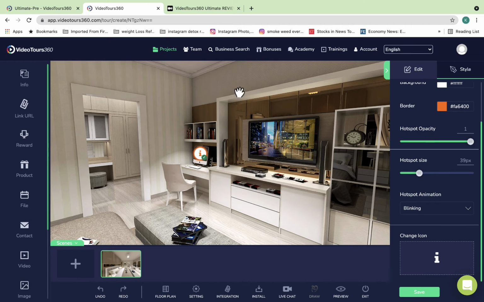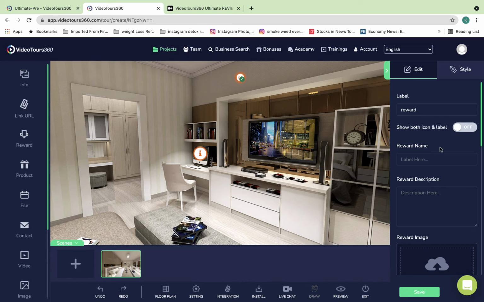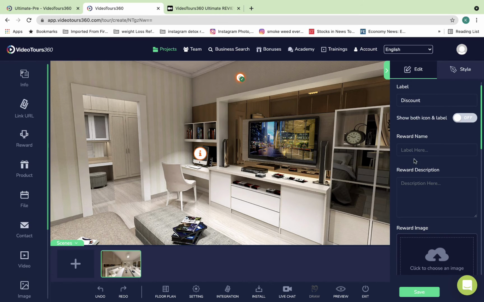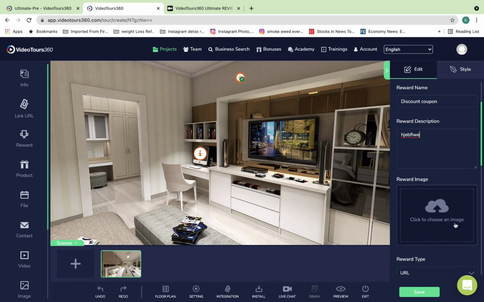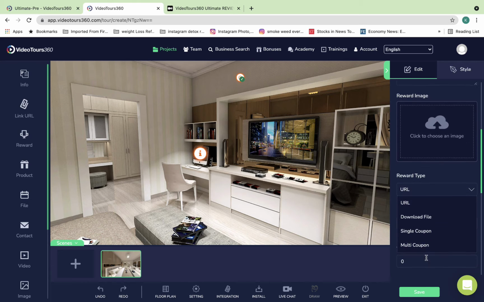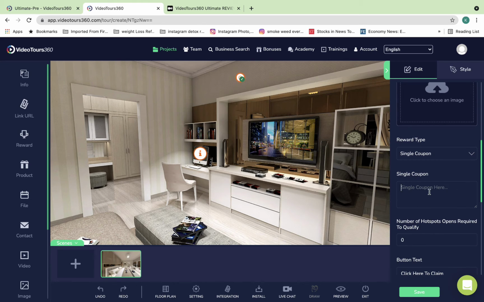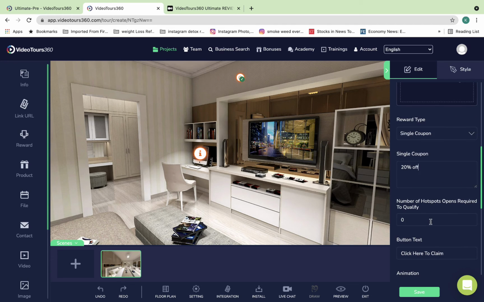Okay, and you are also seeing the reward icon. You can place it anywhere, and after placing it you need to give it a name. Like I can give it a name, discount label, so name discount coupon, description, reward image. We can also upload an image. Reward type, we can say single coupon, 20% off,